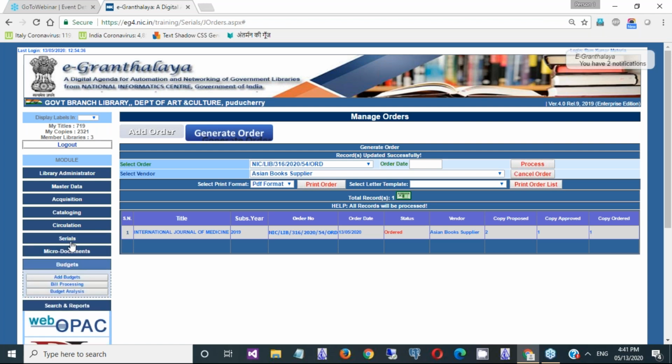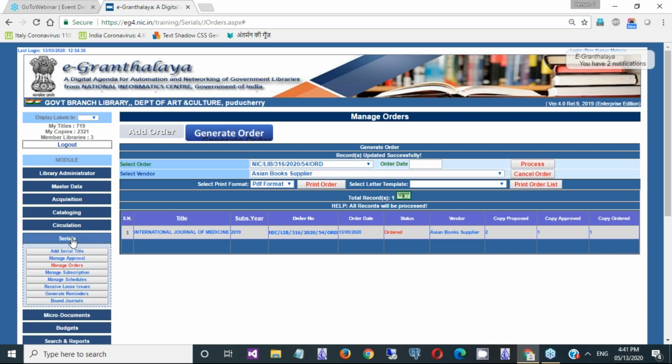Meanwhile, even just after placing the order, you need to complete these two steps: manage subscription and manage scheduling. Okay, so now we can take a print copy of the order here.